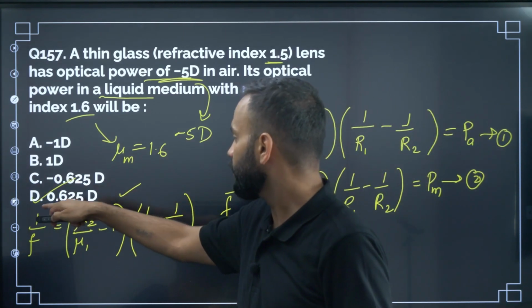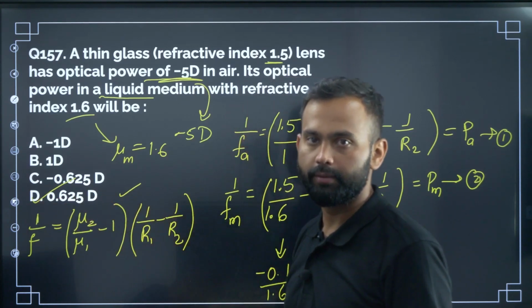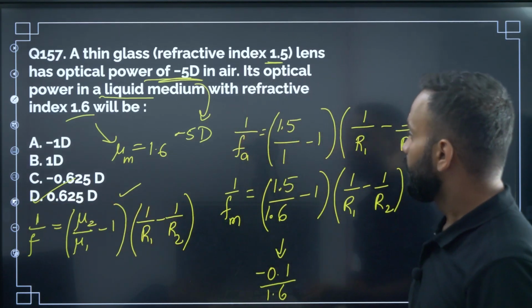Okay, these two are the options. The correct option is 0.625 diopter. Okay, correct. Next question,